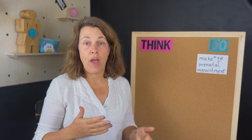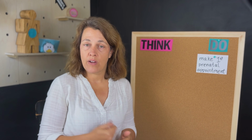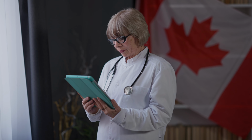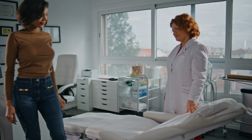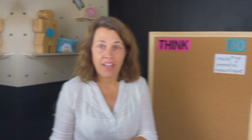And outside the US, it's quite common not to see an OBGYN or midwife for those very first appointments. In Canada, you might see your primary care provider for a few appointments. Now, since we're speaking about care providers, I'm going to add something on the Think section of your board, and